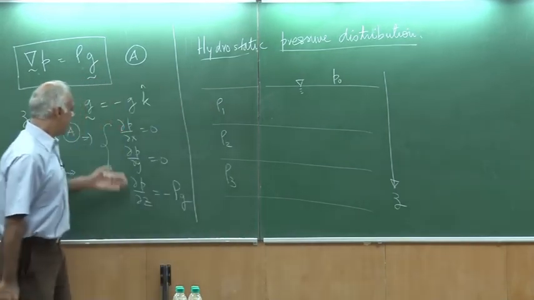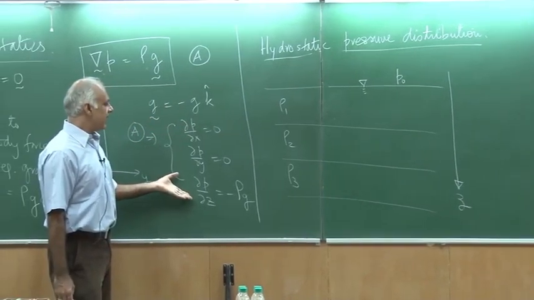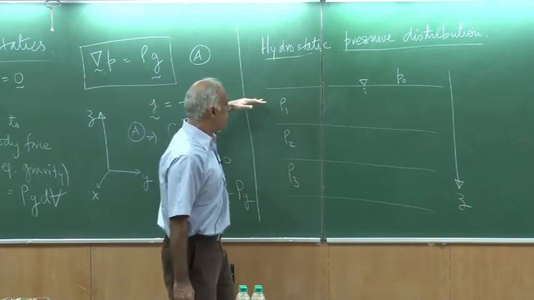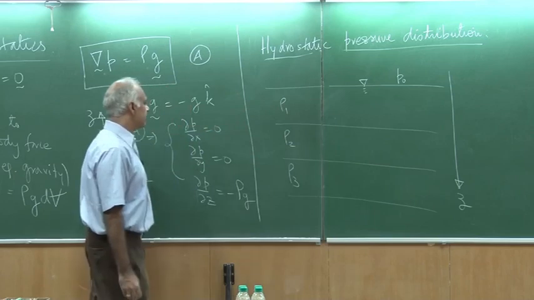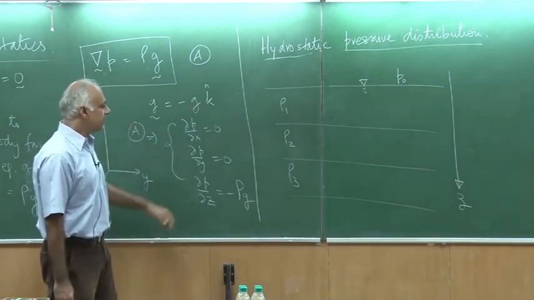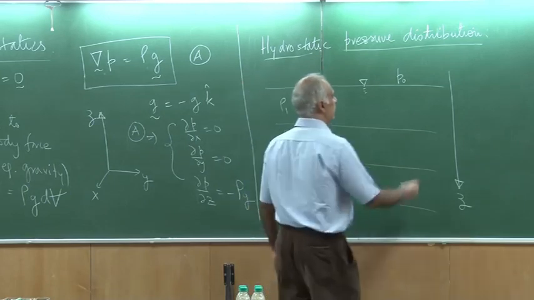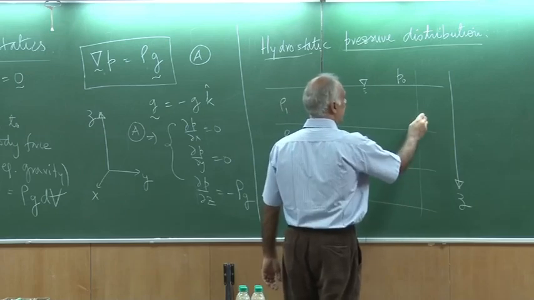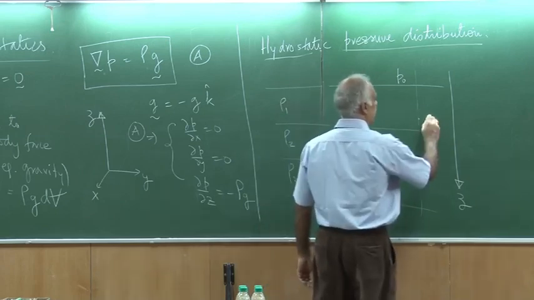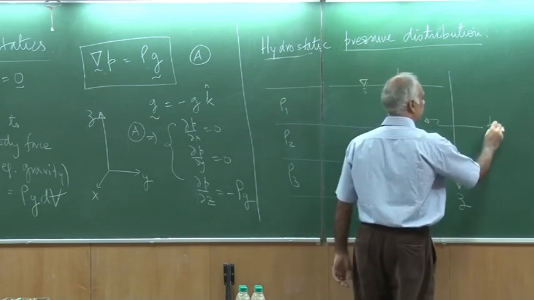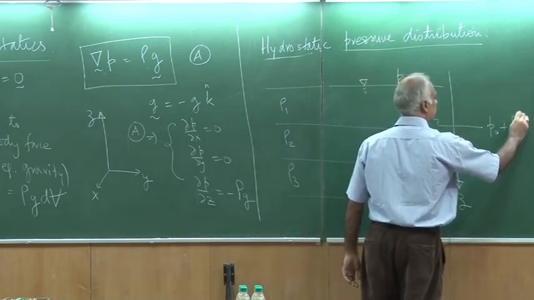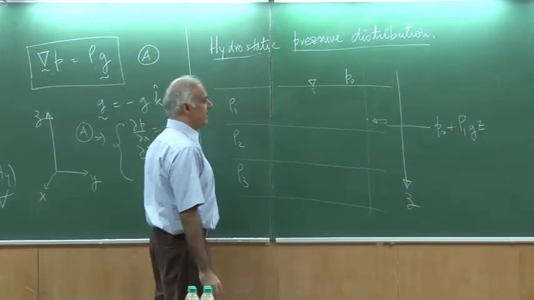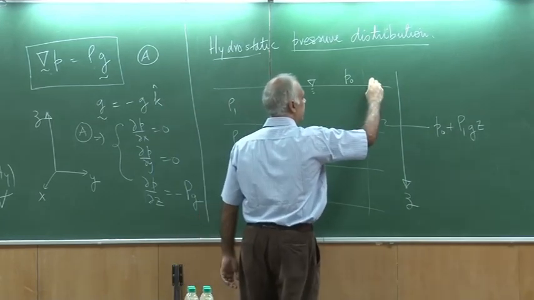So now by looking at these three equations, I do not have a pressure variation in the x direction. Okay. That means the pressure at any point in the plane is going to be identical. The only variation is in the z direction. So, in fact, I could plot the pressure here. If I looked at a pressure at this point, then the pressure here would be P0 plus rho 1 g z. So, in this layer the pressure varies linearly.